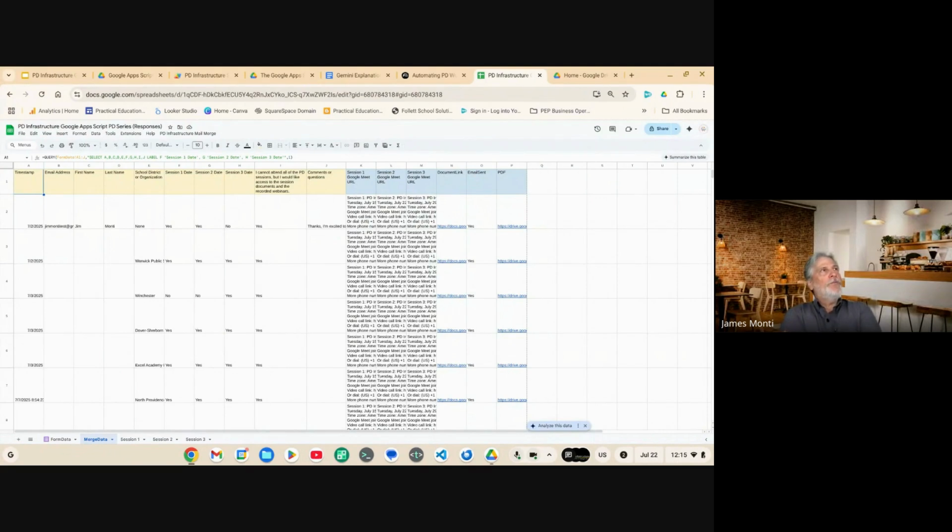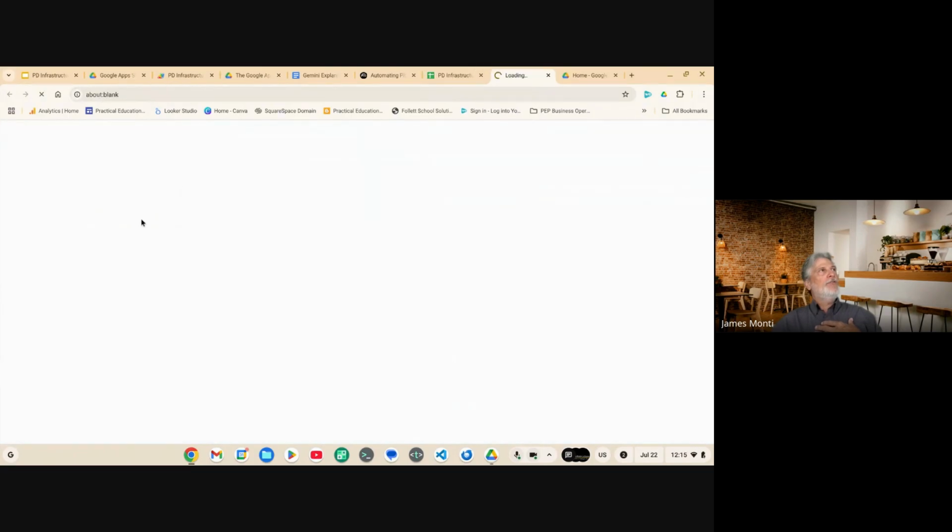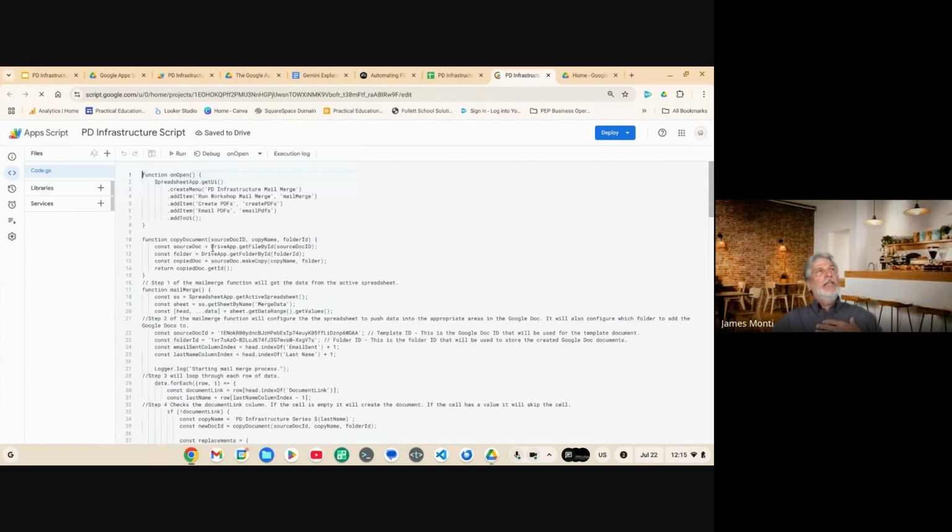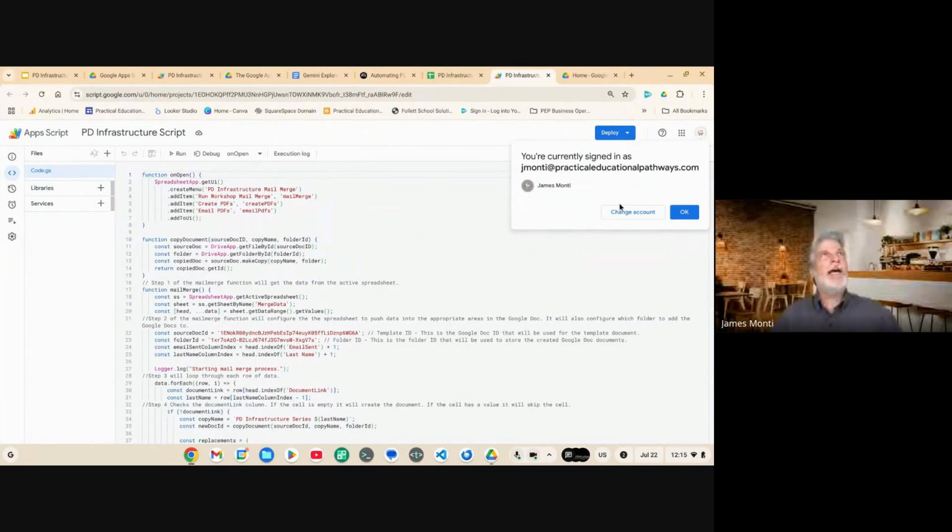And so you can open up your script from the extension menu. So I'm going to click on extensions and drag to app script. And when I do that, it's going to let me know that I'm signed in as Jay Monty at practicaleducationalpathways.com. So that's the account that I want to be in to be able to make changes and save them to this script. So this is the open